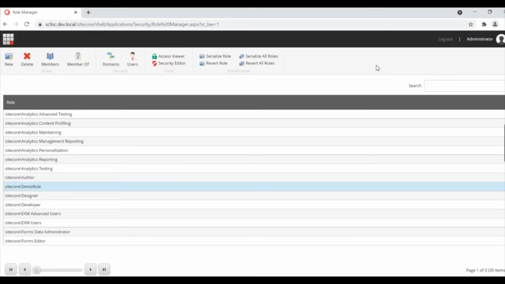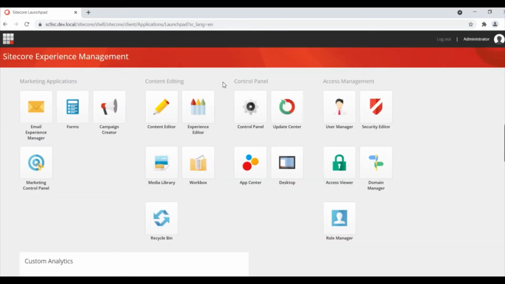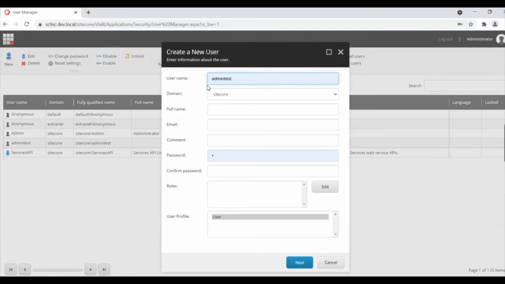Now I'm going to the Launchpad again to create a user for this demo role. In the Launchpad, you will find User Manager. In the ribbon, I'm selecting New User. Let's name it admin test 1, and the email ID is test1@gmail.com.